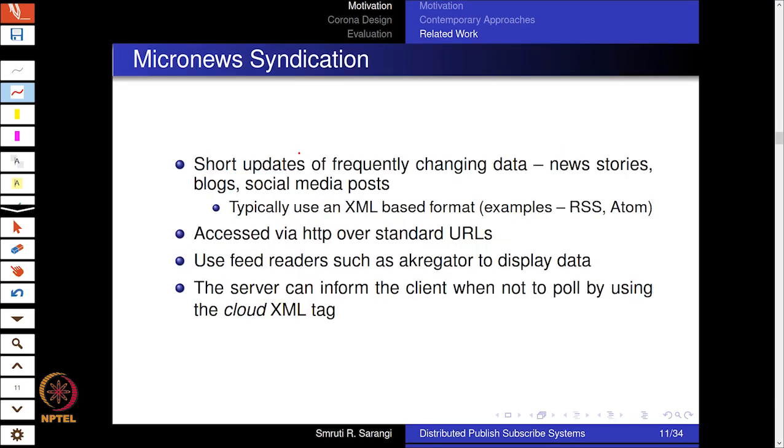So we have already discussed RSS. What is it? It is short updates of frequently changing data. So it can be news stories, blog posts. They typically use an XML based format to share very short updates, and we can access it via HTTP over standard URLs, as we just saw. And there are dedicated RSS feed readers, like aggregators,